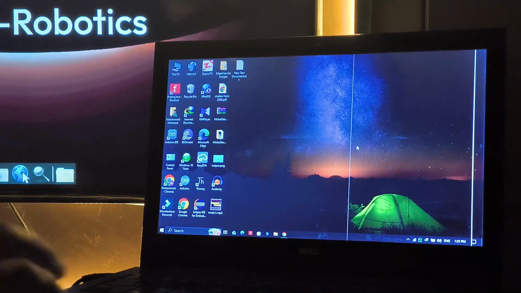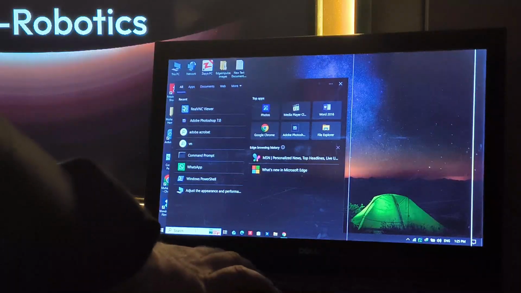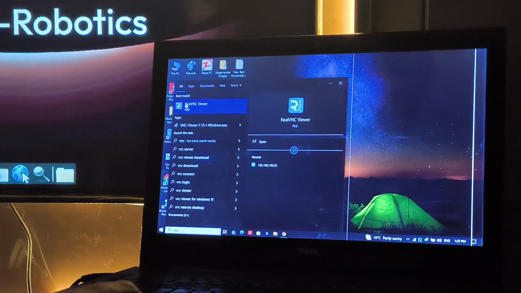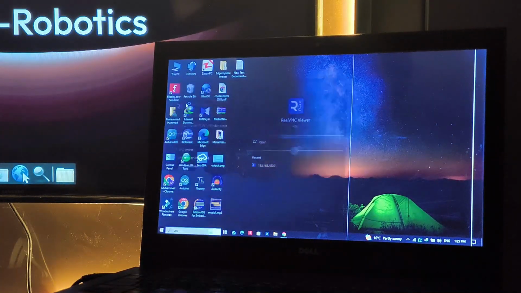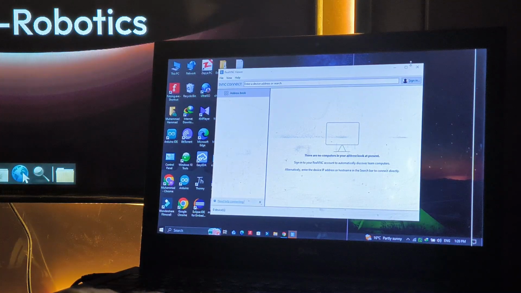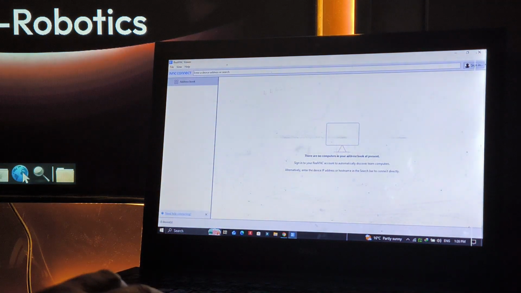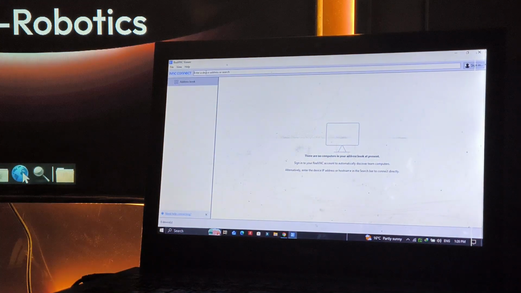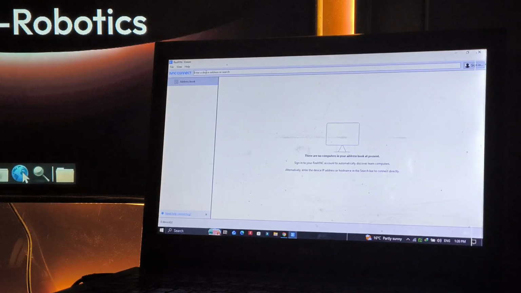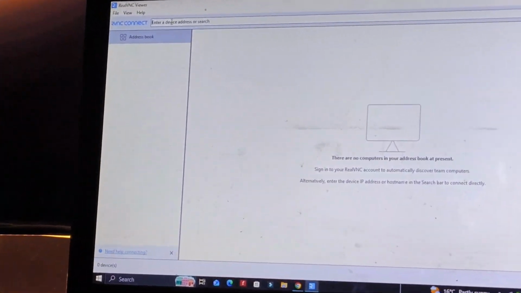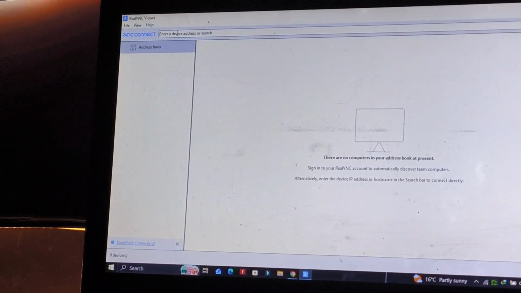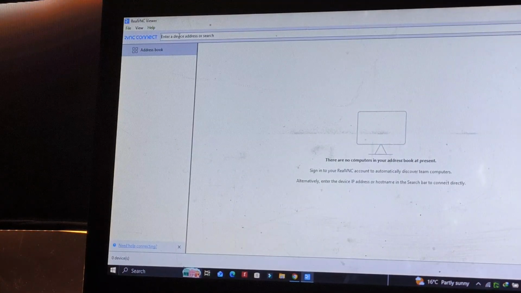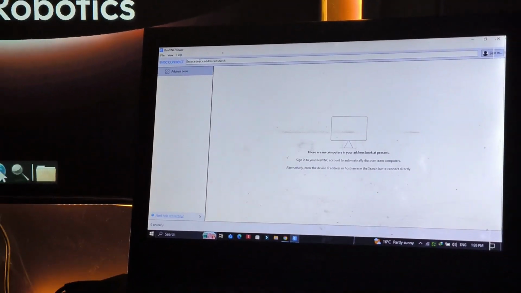Now on the laptop, search for VNC and open the real VNC Viewer. Once it's opened, you will see the interface where you can enter an IP address. Here type the IP address of your RDK X5.